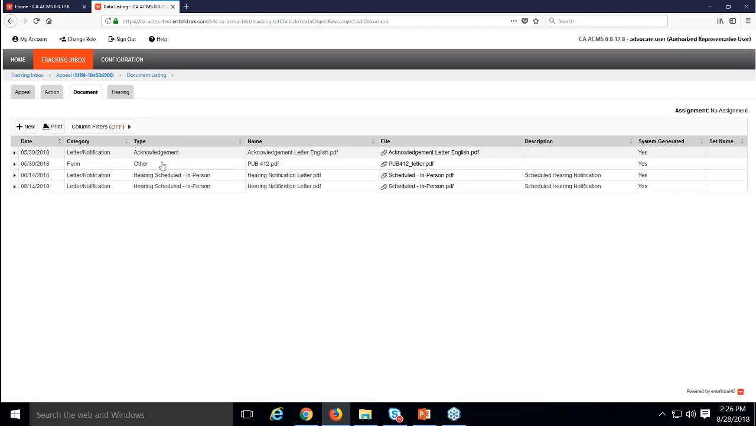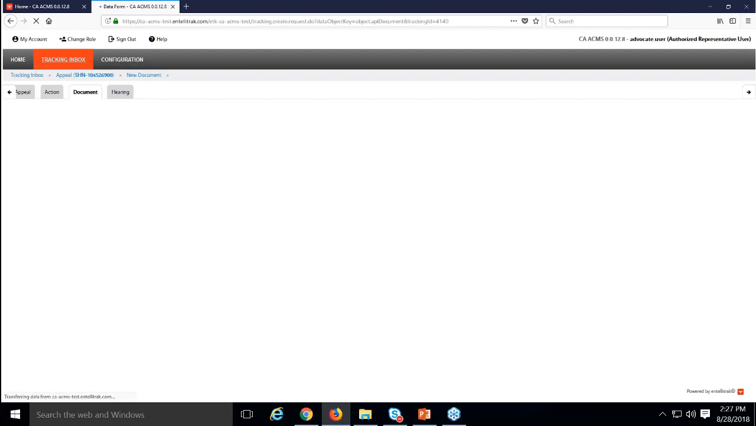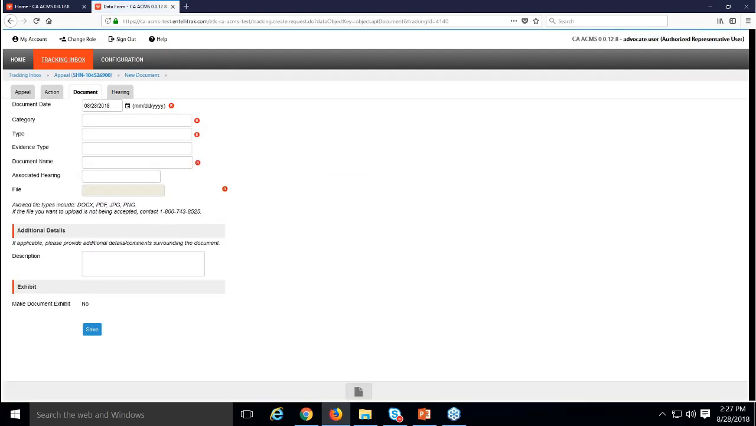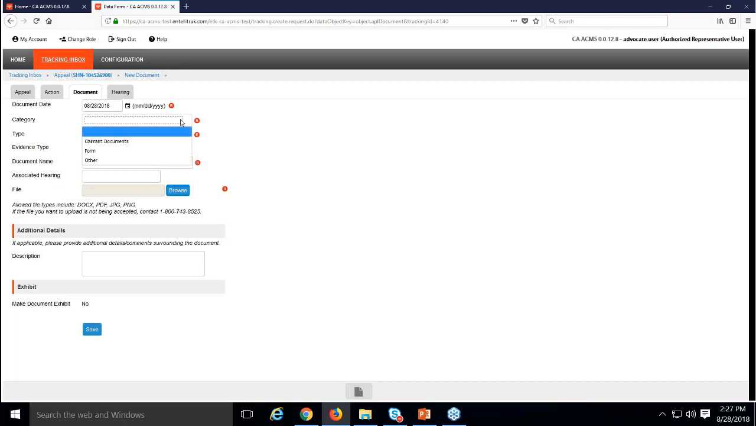So again, we can see the system-generated documents here, the acknowledgement letter, the Pub 412, scheduling letter, and then we're going to go ahead and add a new document by clicking on the New button here. And then this familiar looking screen here. So we're just going to choose,